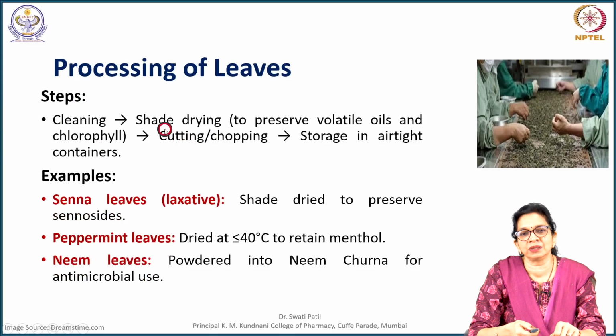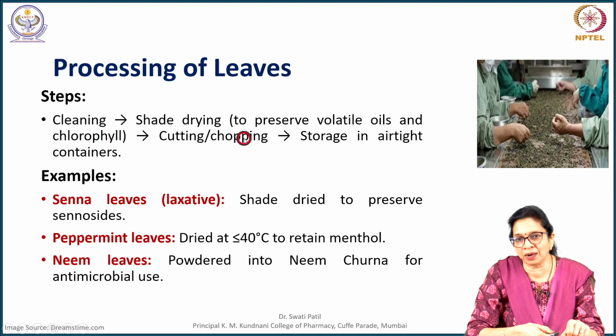Leaves, like I was saying, are shade dried to preserve the volatile oil and the chlorophyll content. So, when they are marketed, generally they should retain the chlorophyll content. If the leaves are larger, they can be cut, chopped and reduced in size and stored in airtight